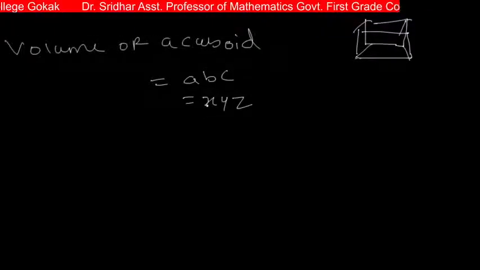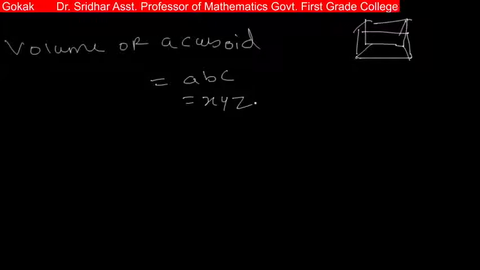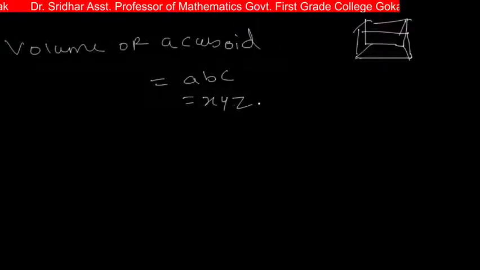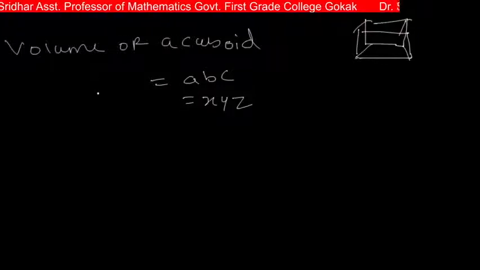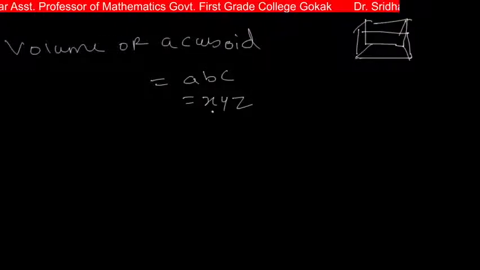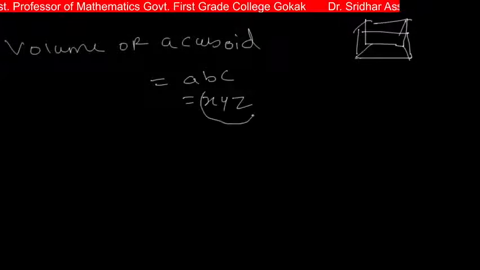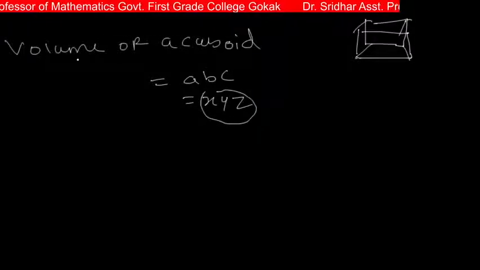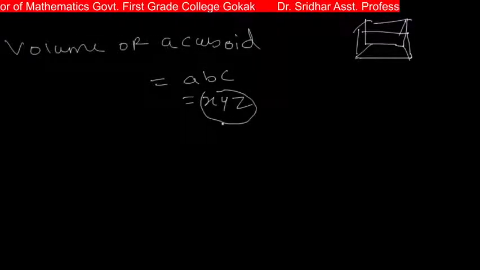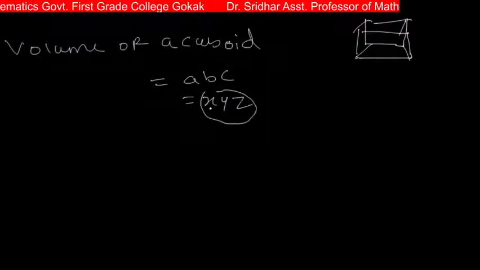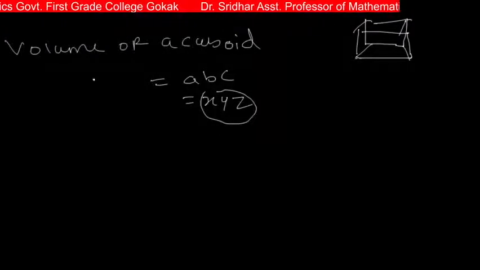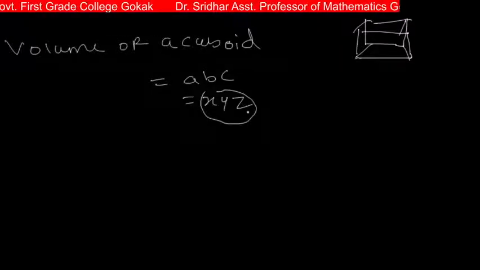So when you have all the three values of x, y, z, only then can you calculate the volume of a cuboid. Therefore, the volume of a cuboid is a function of three variables. How many variables are there here? x, y, z. So the volume of a cuboid depends on all of x, y, z.